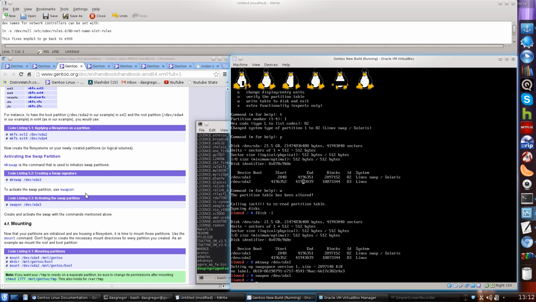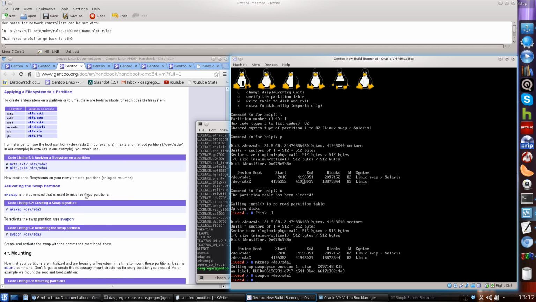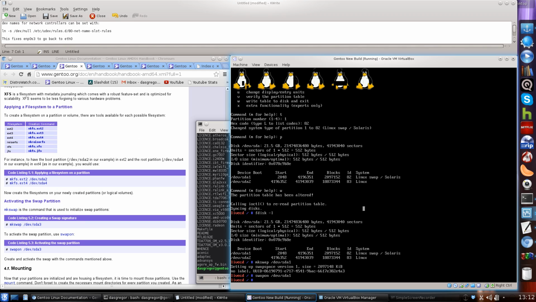The next thing we need to do is go ahead and format SDA2. Now to do that, it shows here in this great table, if you want to do ext4, which is what we're going to do, you're going to use the command mkfs.ext4, or if you want to do ext3 or ext2, you can choose those as well. So mkfs.ext4